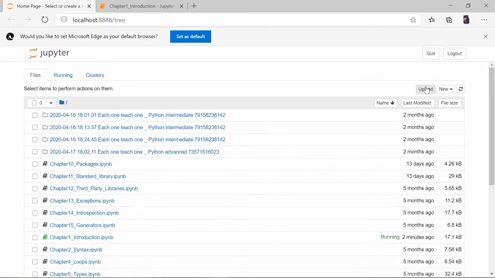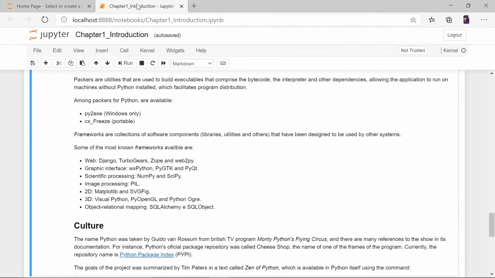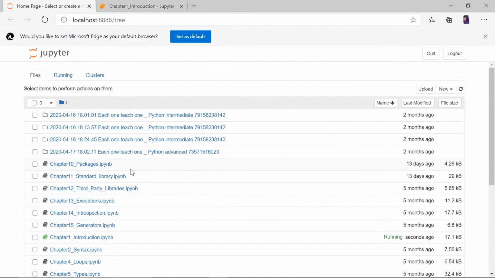I can upload them. I can do anything, but if I have this in the same directory as the directory I am opening Jupyter from, that makes this a faster process, right? So it does not have to go from here to that directory, then open it, then come back here. So all these things actually make it faster.